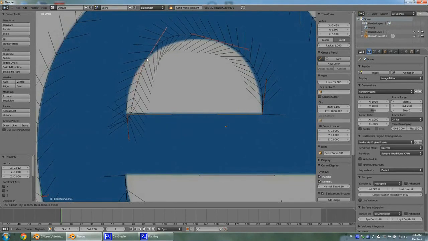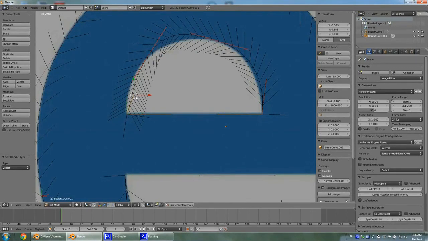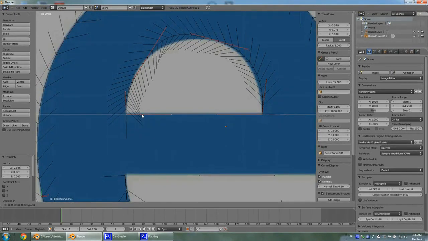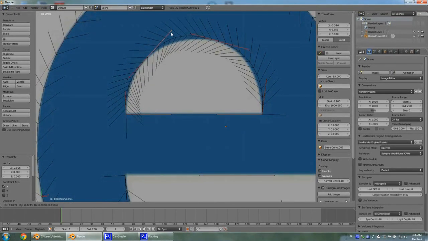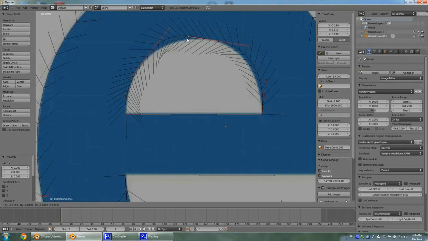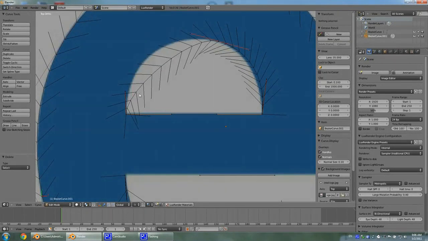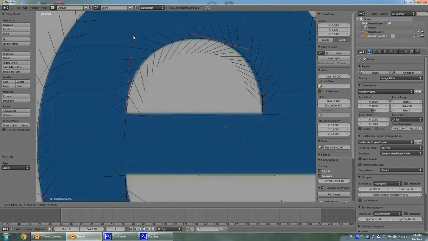Anyways, continue positioning the stuff, and V 2 to go to vector, and just like so. Very, very easy. Actually, I want to delete this one because I simply don't need this. I can achieve the shape